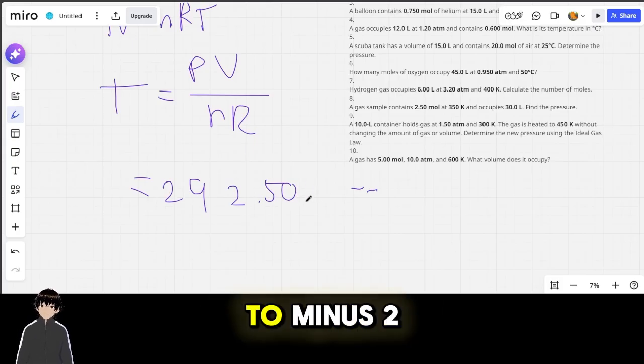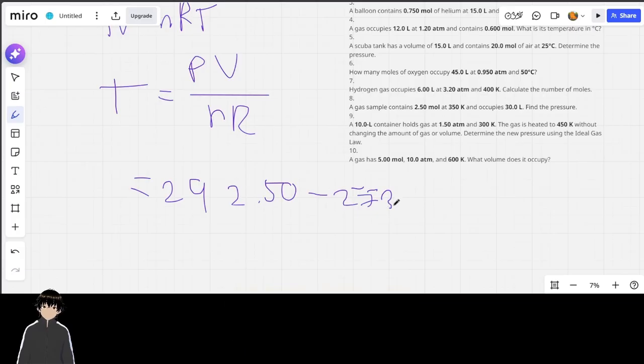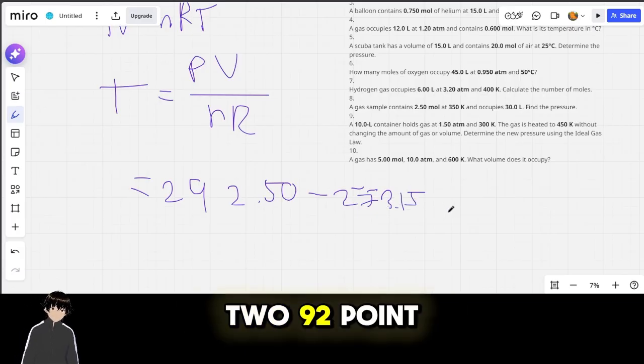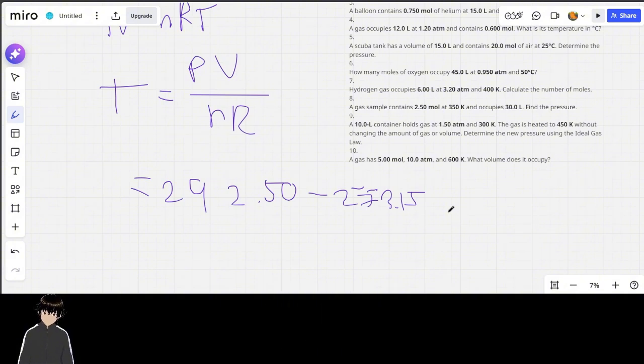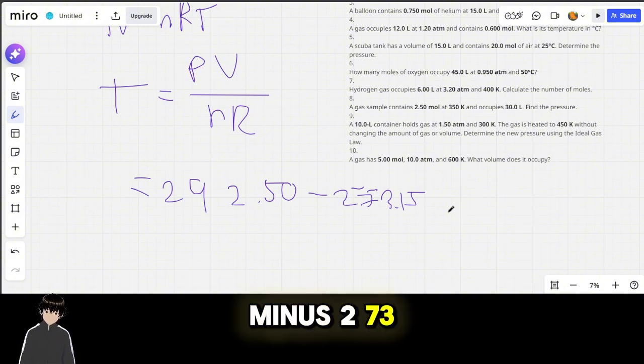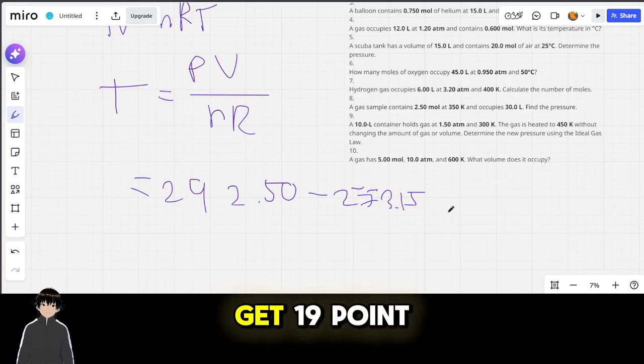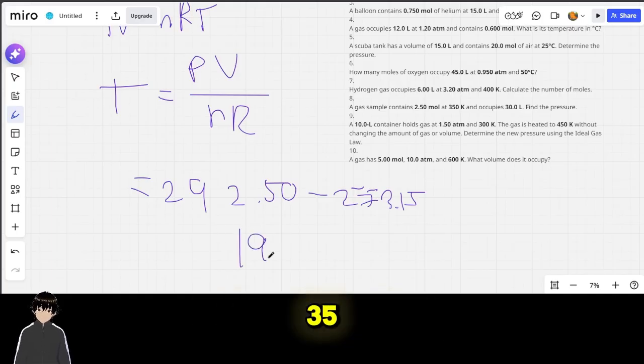Given that, we just have to minus 273.15. We're going to get 292.50 minus 273.15, which is 19.35